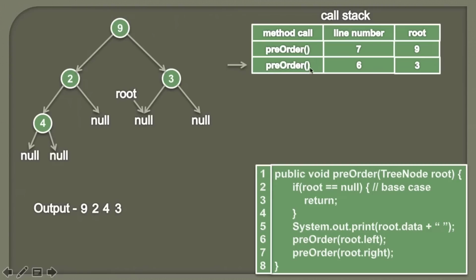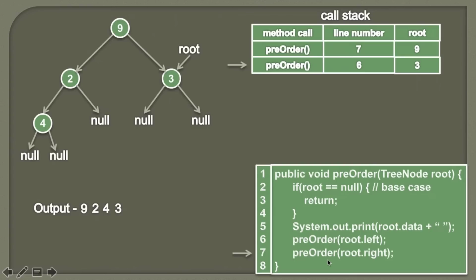So we'll again start executing the pre-order method, and we know that we had left this pre-order from line number 6. Therefore the execution point will start from line number 6. And we also know that when we had left this pre-order method, root was pointing to 3. So now root will point to 3. Moving ahead, from line 7, we'll now call root's right, because we have traversed the left subtree for the root 3. Now we'll process its right subtree.